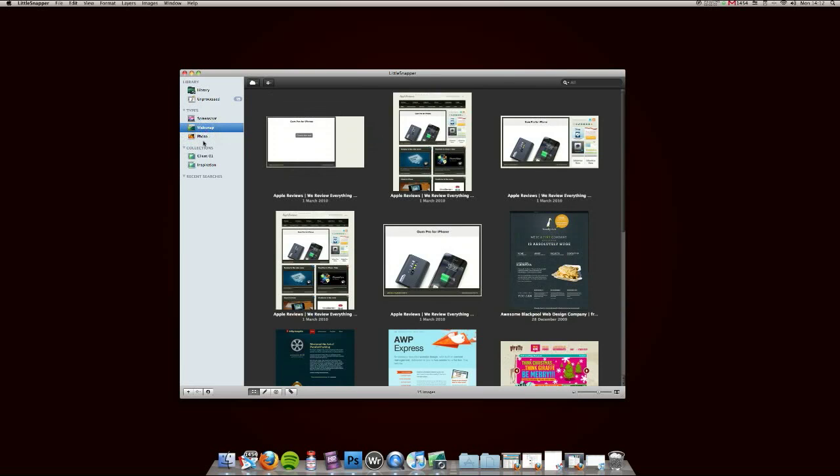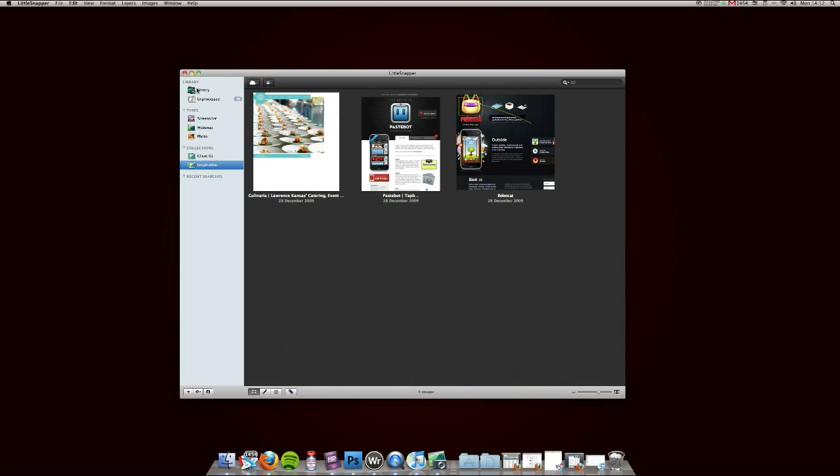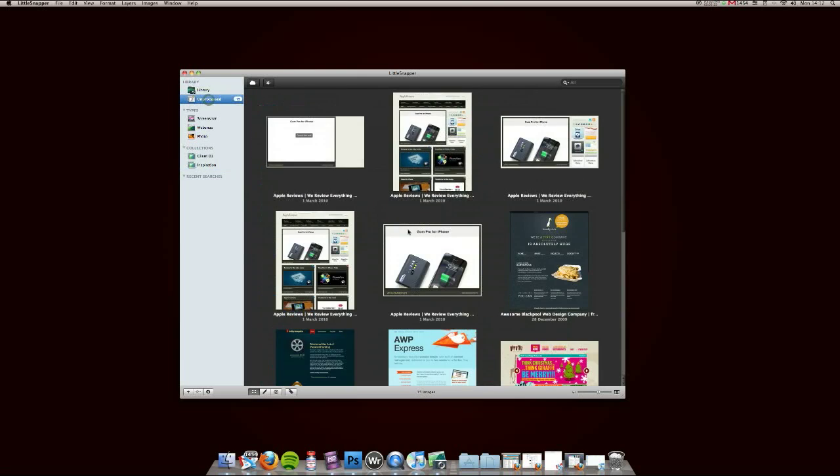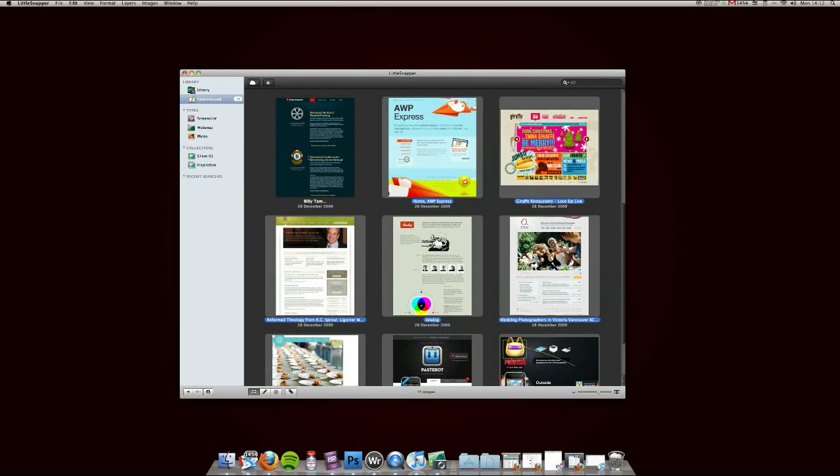It suits anybody from web designers to bloggers who need to create roundups and take quick and easy snaps of pictures. Another feature built within is the organization part of the app. You can see here on the left in the sidebar we've got these collections. Now collections can be used to organize all of your pictures into a category. So if I just select all of these